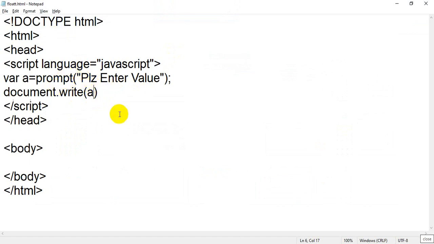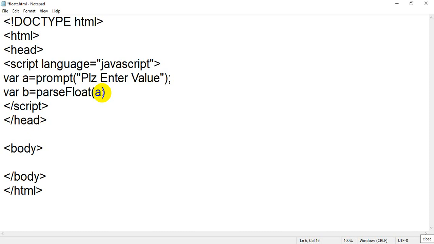Now again, the parseInt function also converts the value which is in string form. So for example, I want to declare a variable b, where b equals parseFloat, and inside that I will pass a.